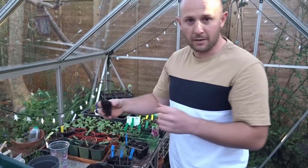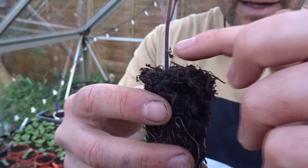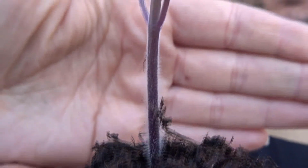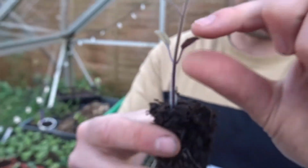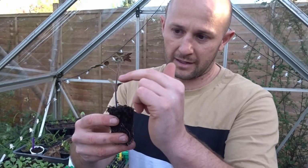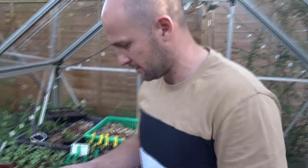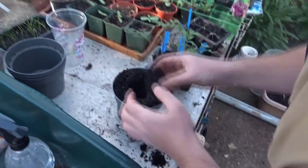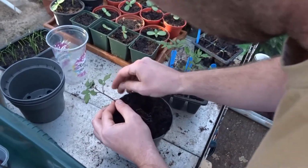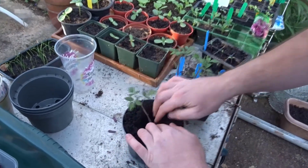And what we're looking to do this time, if you can see here, you've got the little hairy legs. All of them will form roots. So what we're going to do is remove these 2 leaves here, and plant right up there, because there's still little hairy bits there which will form roots. So the stronger the root system, the better the plant. Removing the leaves so that they just don't rot, and then if you sink that right in,